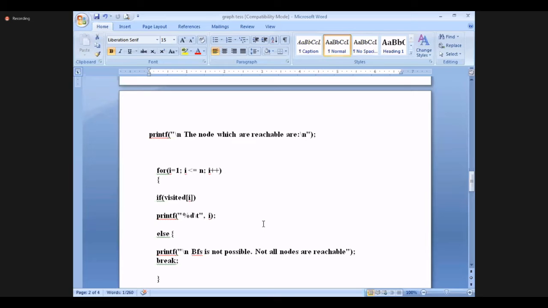If it is 1, it is visited. So 0, 1, 2, 3, all 4 will be checked, I to n will be checked. The visited of I value will be 0 or 1, and we will check whether it is true or false. If it is false, not visited. If it is true, it is visited. Based on this condition.